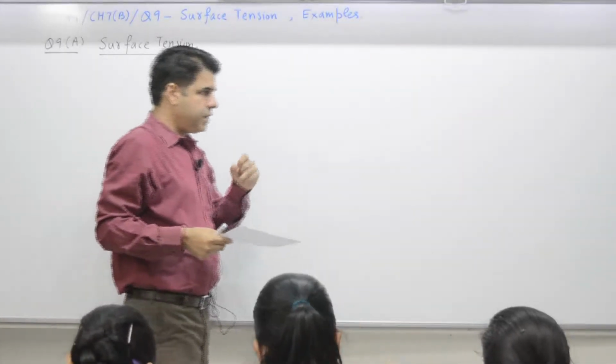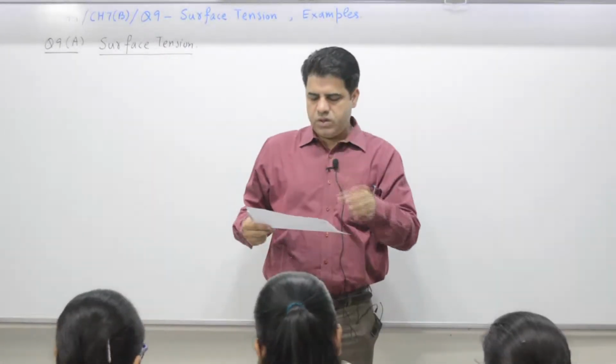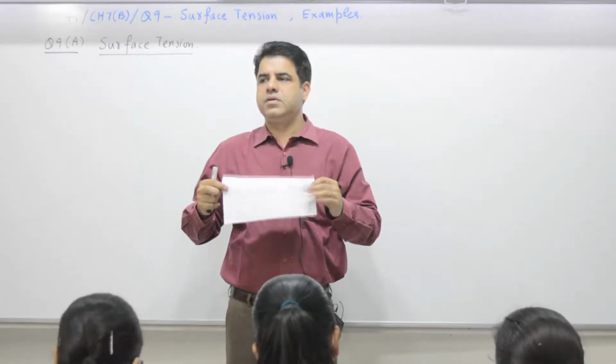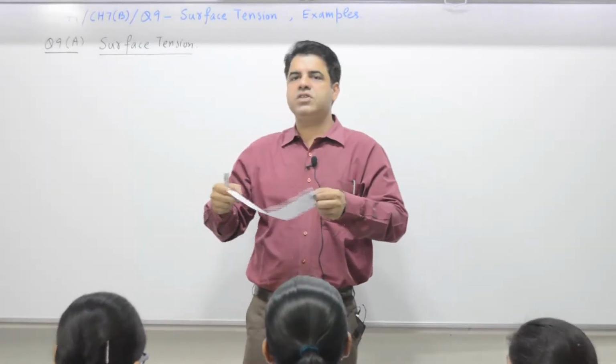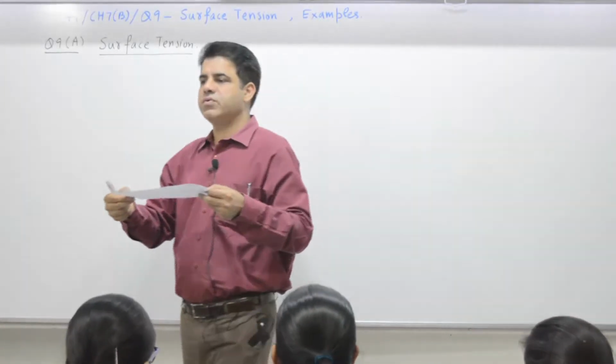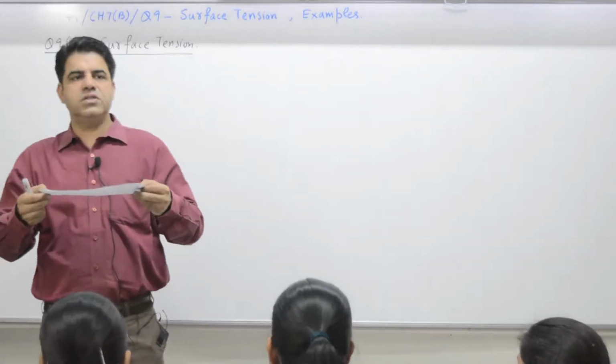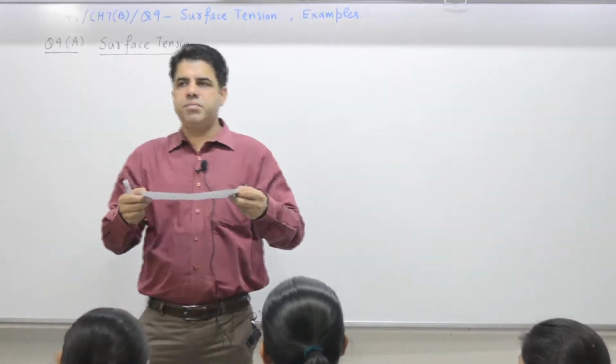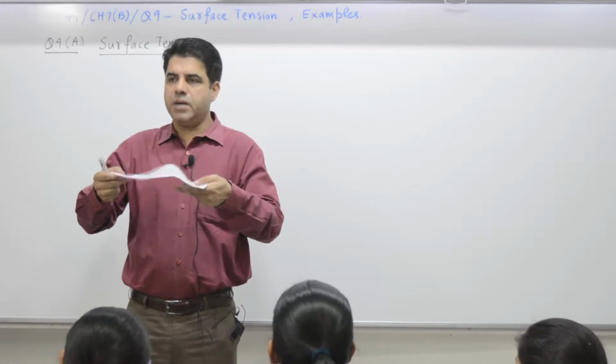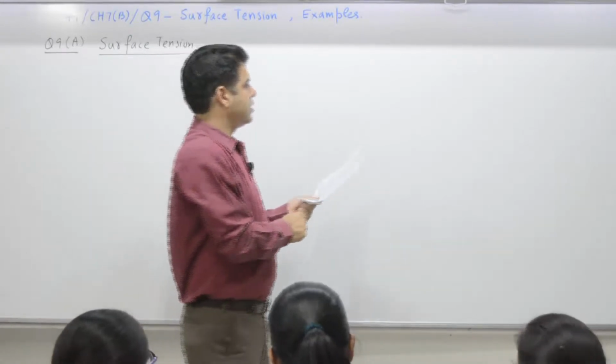Question number 9, A part is with what? Surface tension. So there is some tension, some force acting on the surface of the liquid. Surface tension is a property of the liquid by virtue of which the upper layer of the liquid, that is,